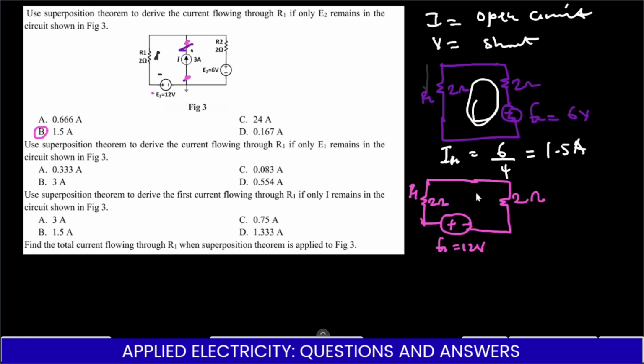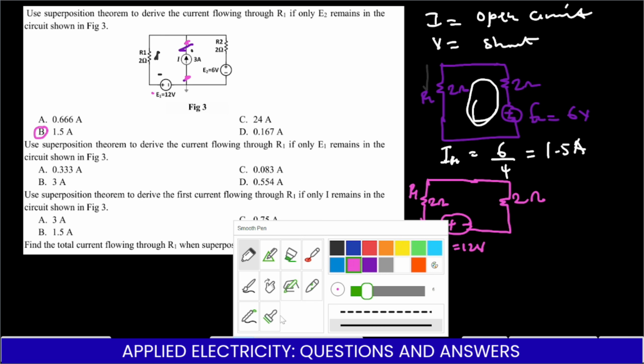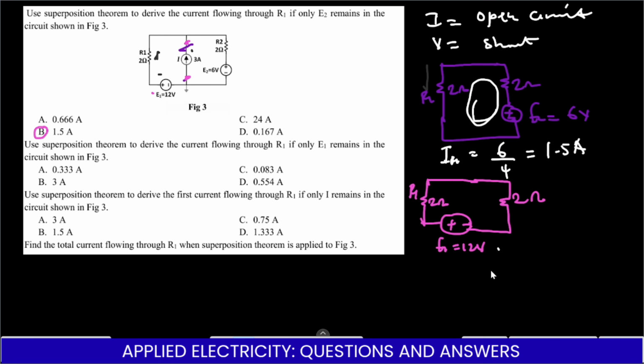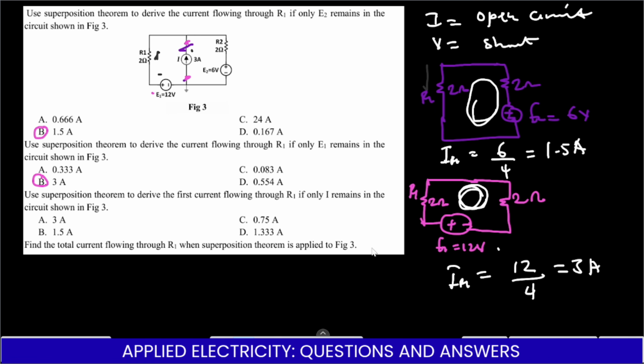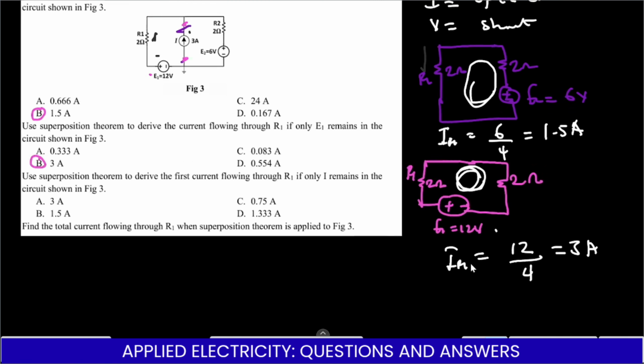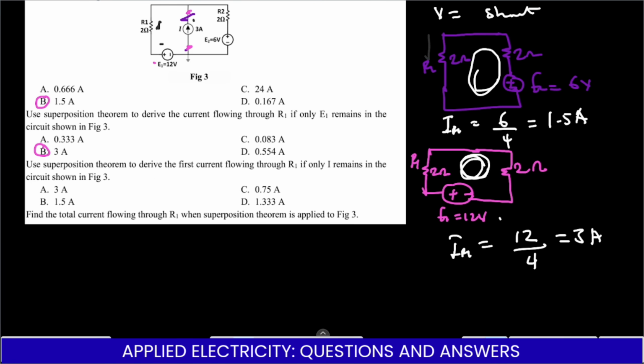Don't forget, this is still a series path, just like the one we discussed earlier. Since it's a series path, we assume it has only one current. So the current in the same R1 is 12 divided by the total resistance, which is 4, and that gives us 3 amps. So our result is B here again. Okay, let's proceed. The next question, which is the last one, states: